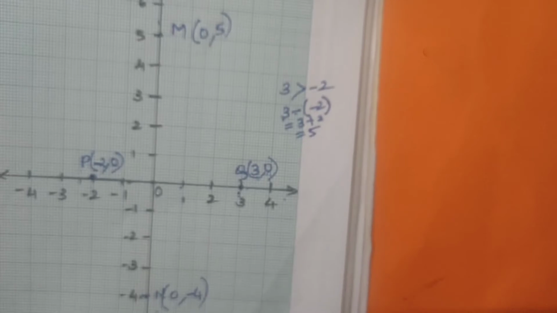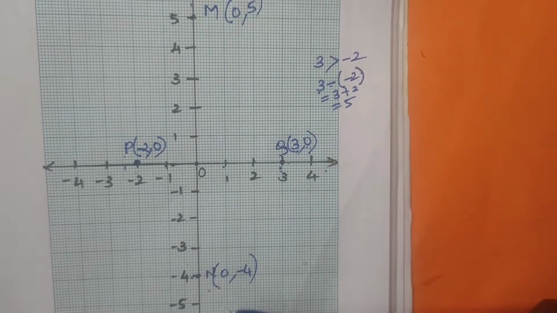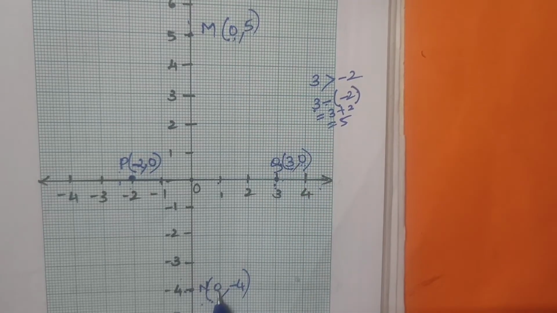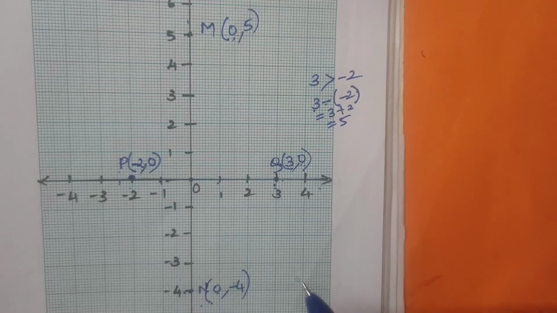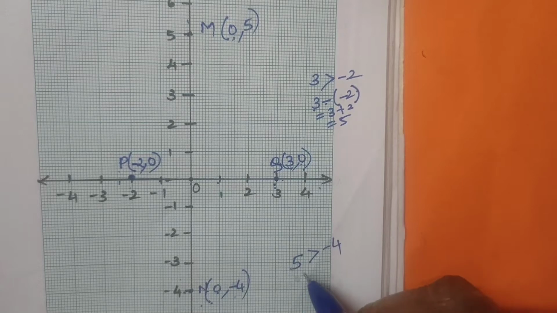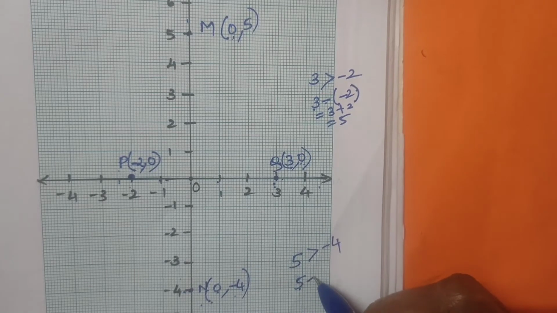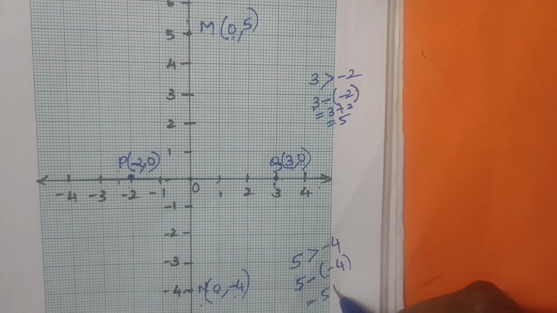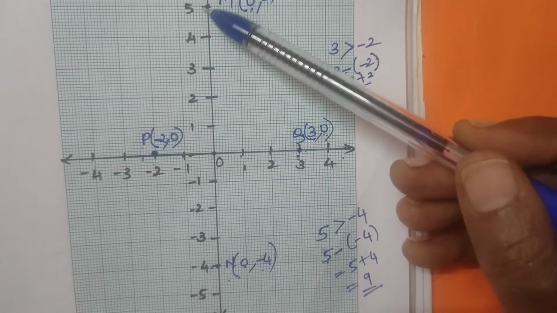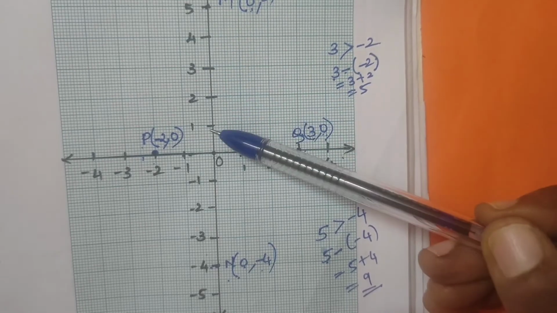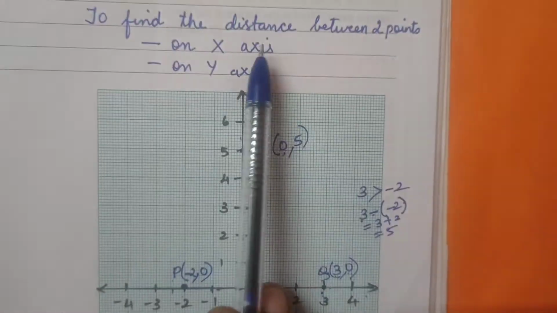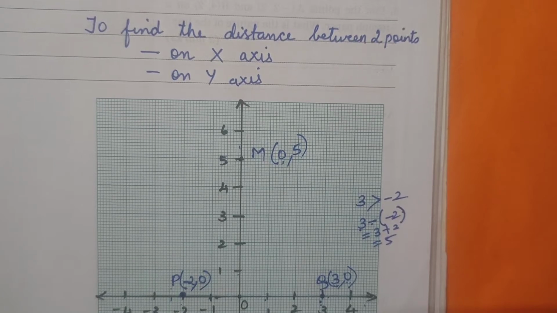Now see, for this point M and N here, the x coordinate is also 0. Can we ignore this? Yes. Now we see the 5 and the one more is -4. Which is greater? 5 is greater, +5. So 5, the larger coordinate minus the smaller coordinate. So 5 plus 4, how much did we get? 9. Let's check out here. From here, 1, 2, 3, 4, 5, 6, 7, 8, 9. Exactly. So understood how to find the distance between 2 points on the x-axis and the y-axis?